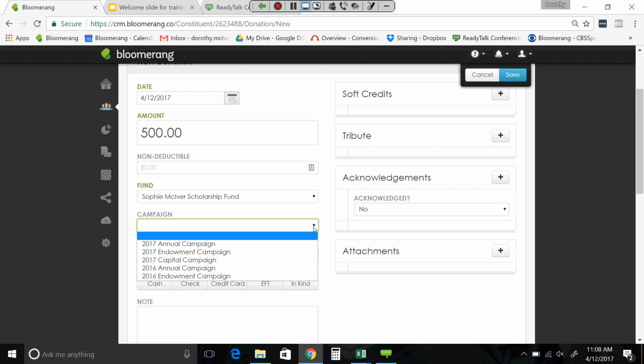If I want to see all of the gifts that have come in for the 2017 annual campaign, I select my campaign field in the report filter of 2017 annual campaign. It's as easy as that. So I usually have a year associated with each campaign. You don't have to do it that way for campaigns. You can always use your date ranges, but this way there's no question about what campaign and what year this gift was for. So I'm going to say that this Sophie McIver Scholarship Fund is all part of my annual